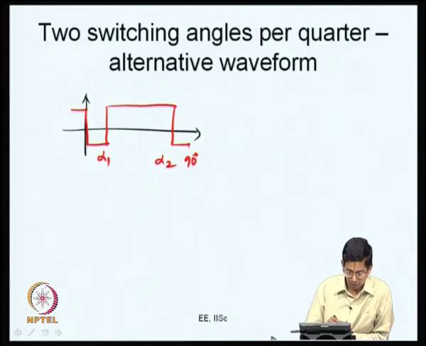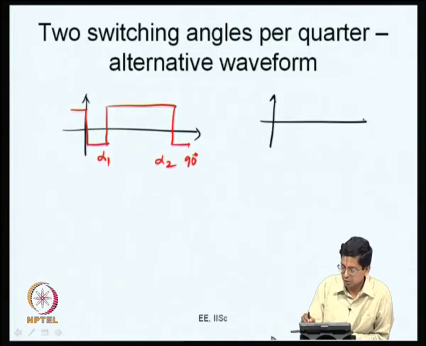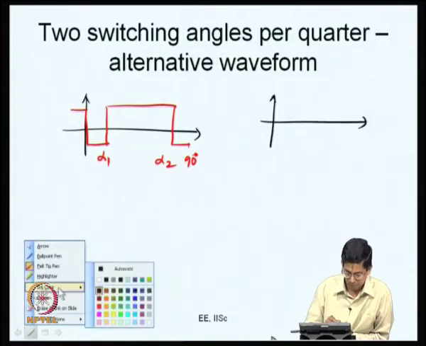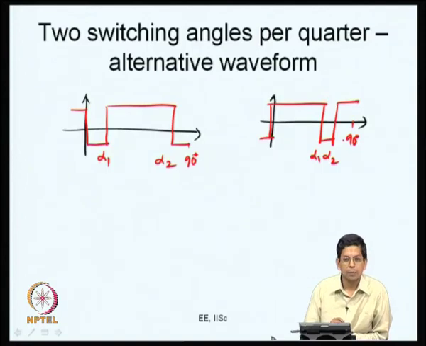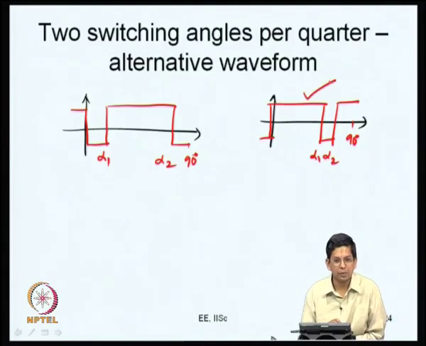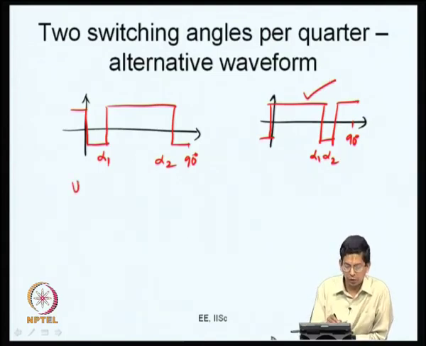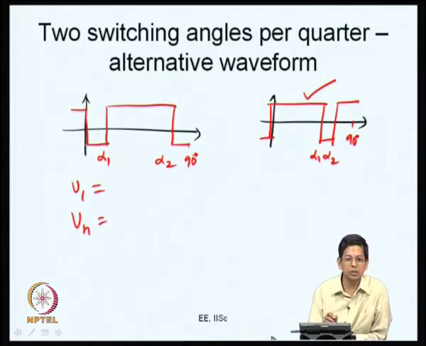What we earlier considered was like this, where the switching was from high to low and you have a notch here, alpha 1, and alpha 2 is up to 90 degrees now. So, for the time being we will consider just this waveform. Here for this also you can write down V 1 and V n just as what we did before. This once again will be a function of alpha 1 and alpha 2, but a slightly different function.